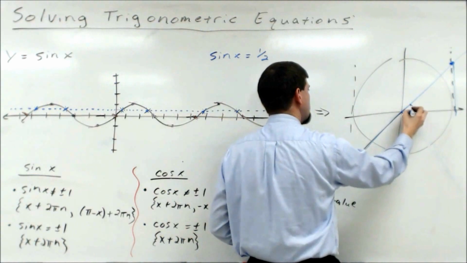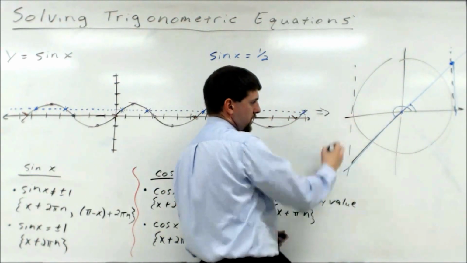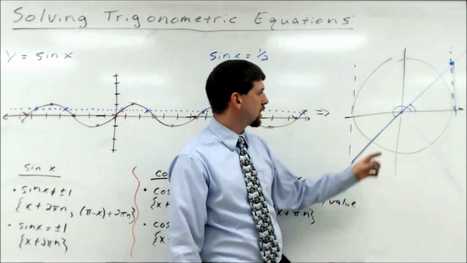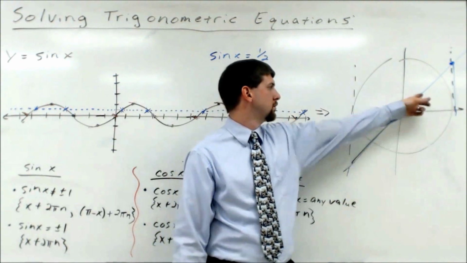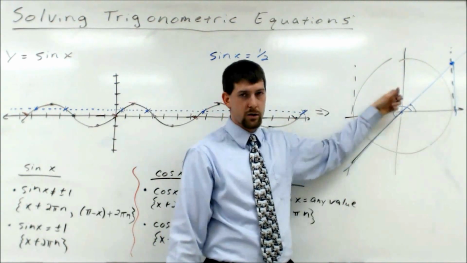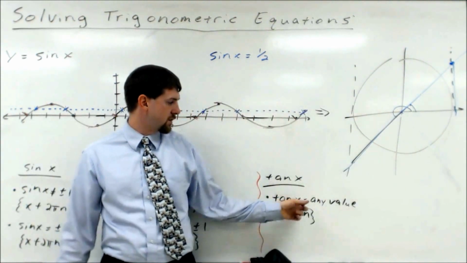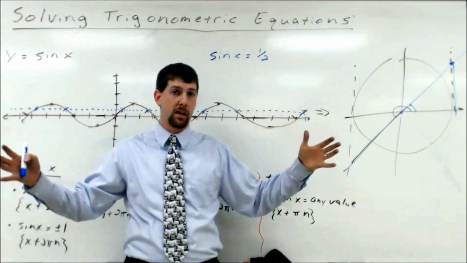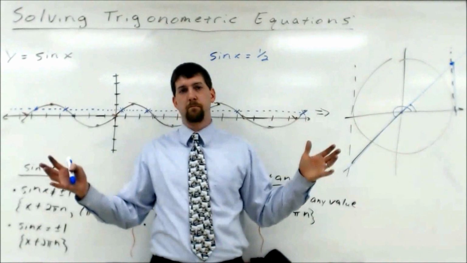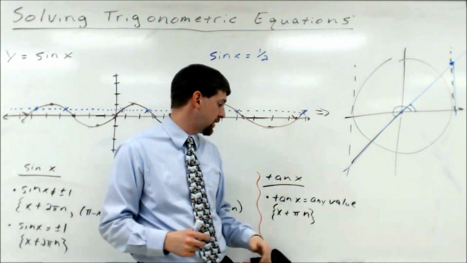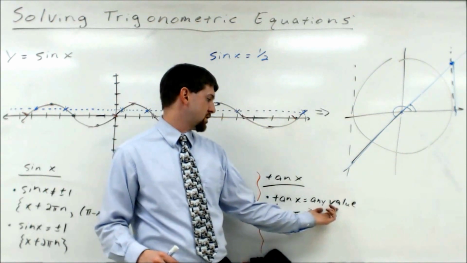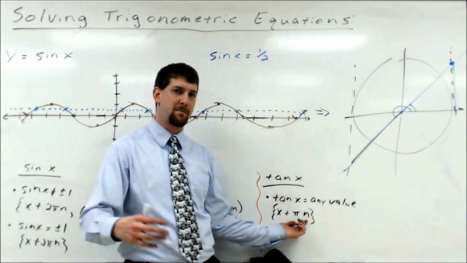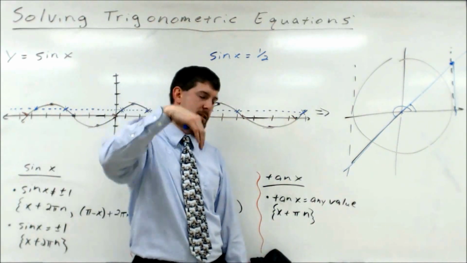So quadrant 1 and quadrant 3 would have equivalent distances, equivalent opposite over adjacent, positive over positive, negative over negative. So in quadrant 1 and quadrant 3, they're equivalent. Well, how far apart are these two from each other? 180 degrees, pi. So tangent of x equal to any value, whether it be 1, whether it be 0, whether it be undefined, we know that it has a period. Remember, the period for tangent is pi units long. So the tangent equal to any value is going to be the angle, whatever we happen to calculate it to be, plus pi n,